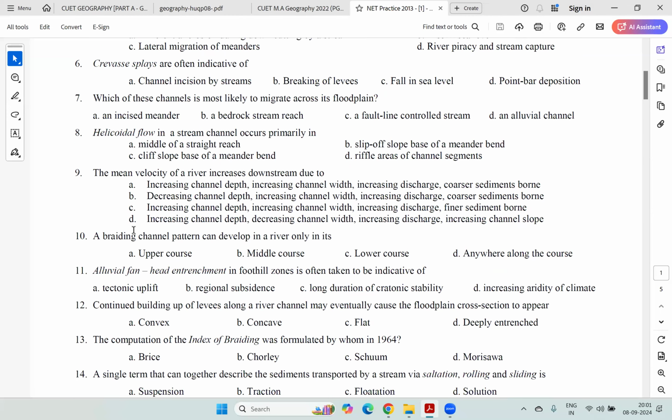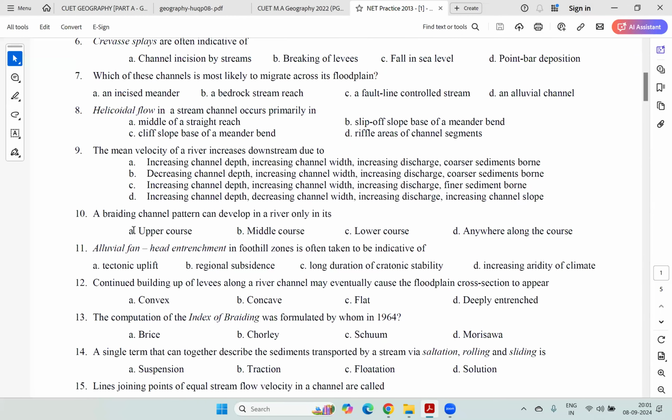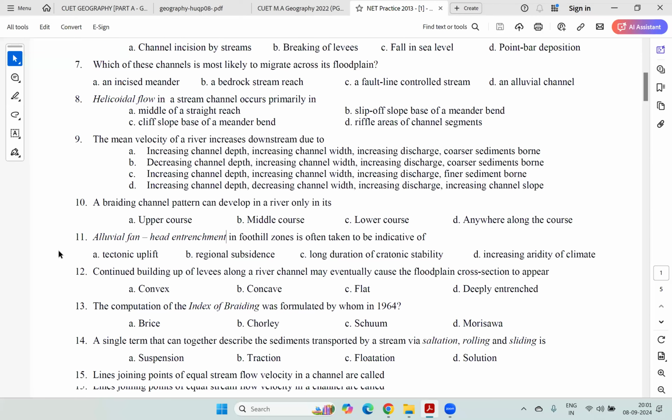12A, convex. And this is exactly what we have in southern Bengal, because due to the formation of the natural levees along the river, the river flows at a higher elevation than the landscape. All right. So because of the in-channel deposition, in-stream deposition that happens.